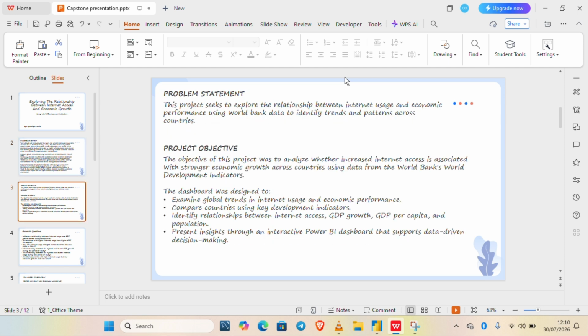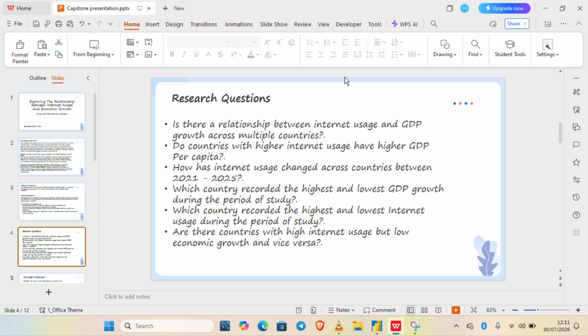This project seeks to explore the relationship between internet usage and economic performance. Using this data, we're meant to identify trends and patterns across countries. And so to have an answer to that particular question, there have to be more questions to have a better